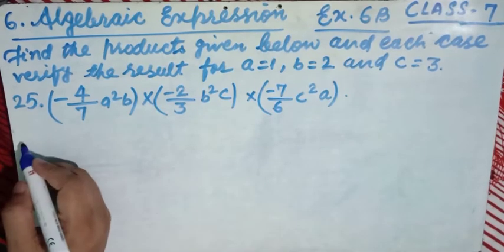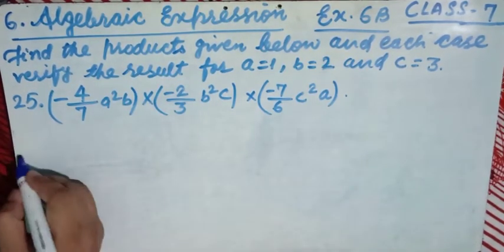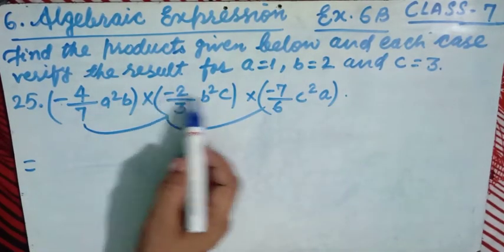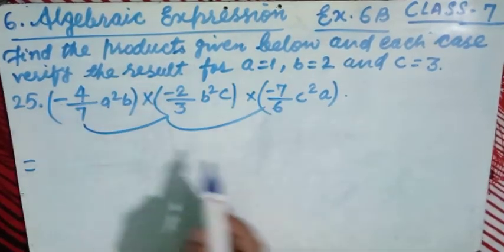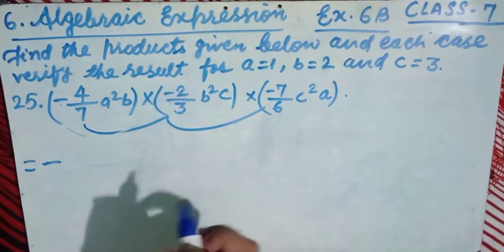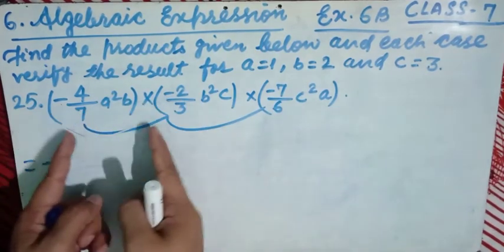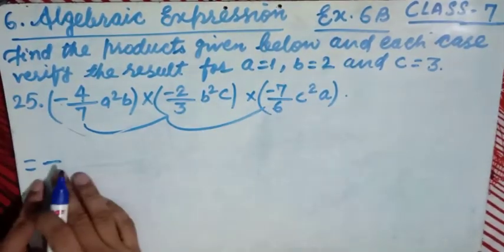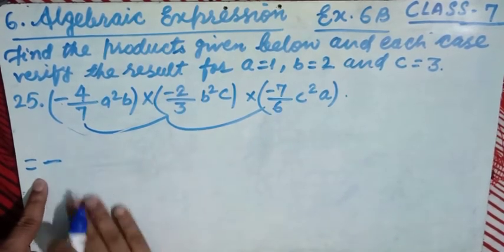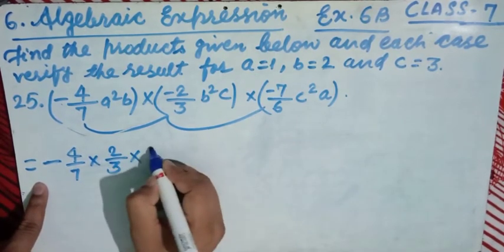Now we are going to clear the shortcut about the first statement. Find the products. In order to find the product, we have to multiply the constant terms first. So here there are 3 minus signs: minus 1, minus 2 and 3. The number of minus signs is odd, so the answer is negative. Because 3 minus signs, one pair of minus signs gives us the positive sign, and the single one remains: minus into minus is plus, plus into minus is minus. Now we multiply 4 by 3, multiplied by 2 by 3, multiplied by 7 by 3.